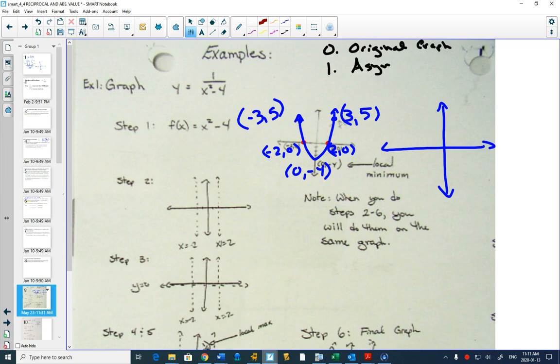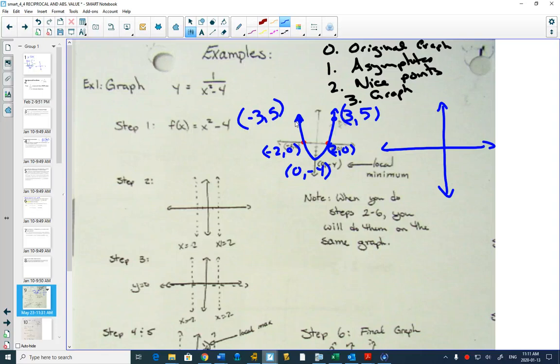Step 1, asymptotes. Step 2, nice points. Step 3, graph. So,